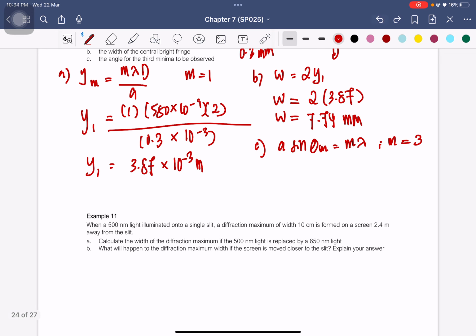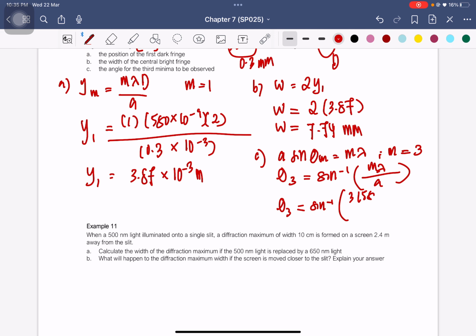I'm just going to rearrange that first. We are looking for theta equals shift sine of m lambda over a. So the angle for the third minima is shift sine of 3 times